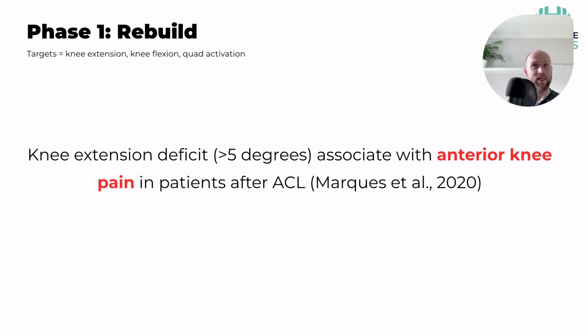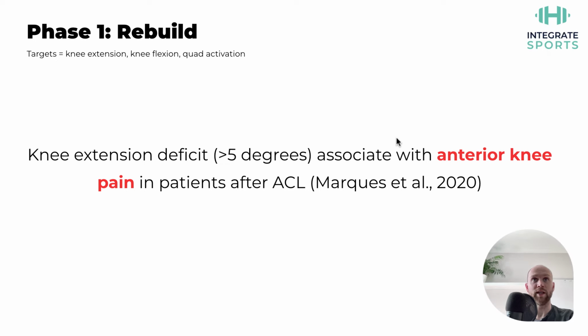Now, same thing with knee extension, a deficit of more than 5 degrees. So the opposite here: if you were starting from a position of 0 being the target, so that's full extension, then not being able to achieve that, falling short by about 5 degrees, is associated with anterior knee pain. Now, why would that be? Very simply, it's because your joint is going to be experiencing more pain if you don't get activation to the muscles that support it, because the joint itself is going to be experiencing a greater degree of stress and load. So you want to make sure, again, of achieving this activation in the quadricep muscles, because that's going to allow the muscle to do its job, essentially.